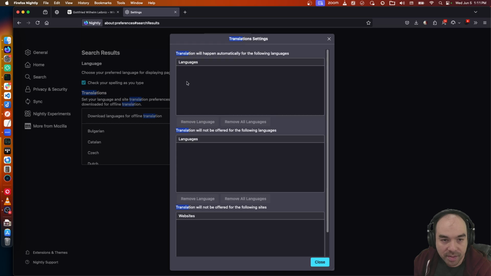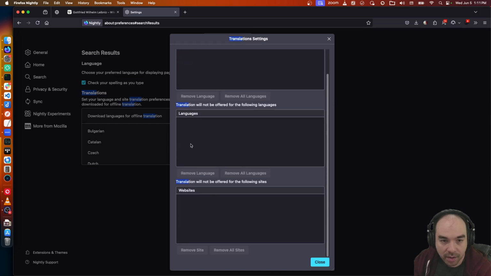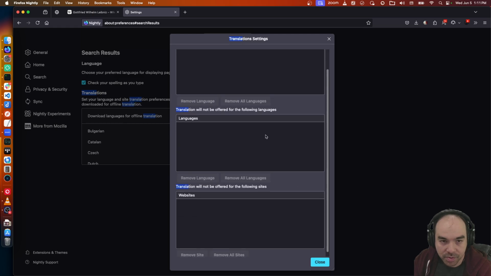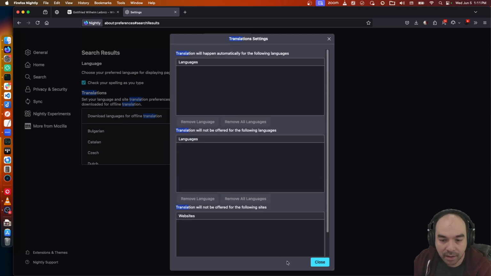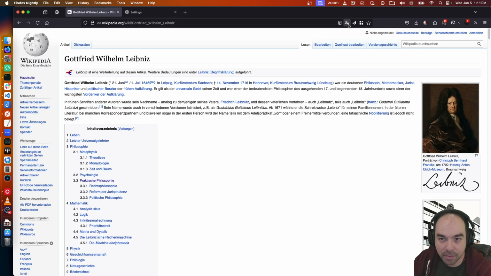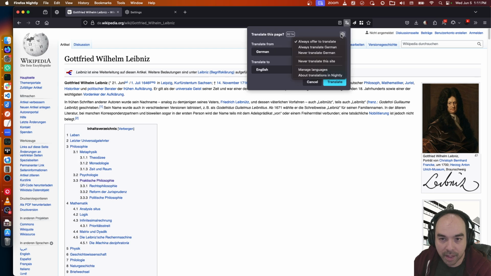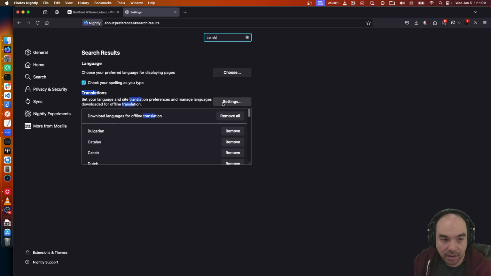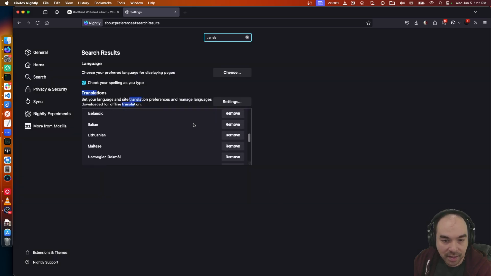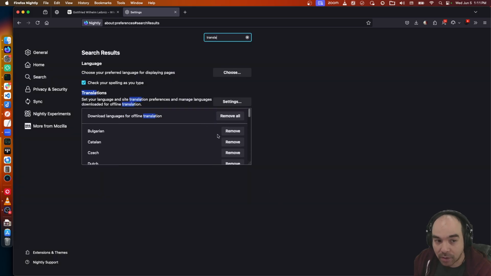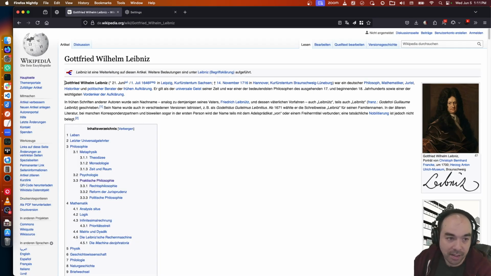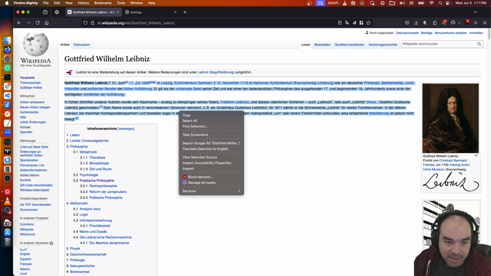And, oh, this is interesting. I don't know how this management works, but presumably if I choose to not translate a certain page, like never translate this site, I can manage that over here. Okay, well, interesting. Anyways, yeah, you have to download these translation engines to do the translation locally. But once that's done, nothing leaves your machine. So now I can probably translate this to Czech.